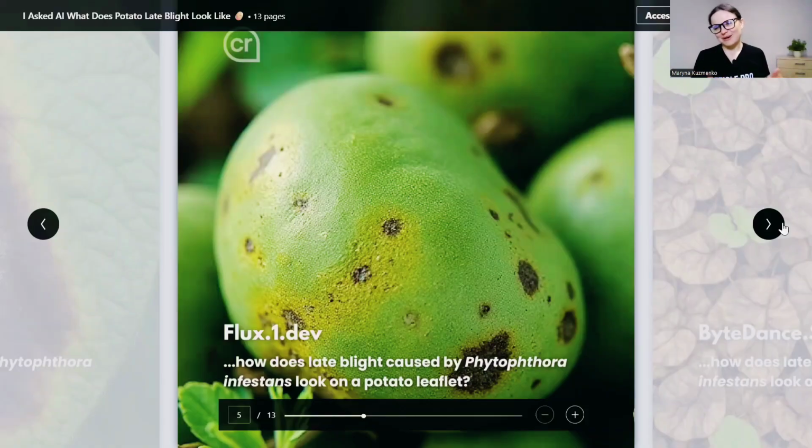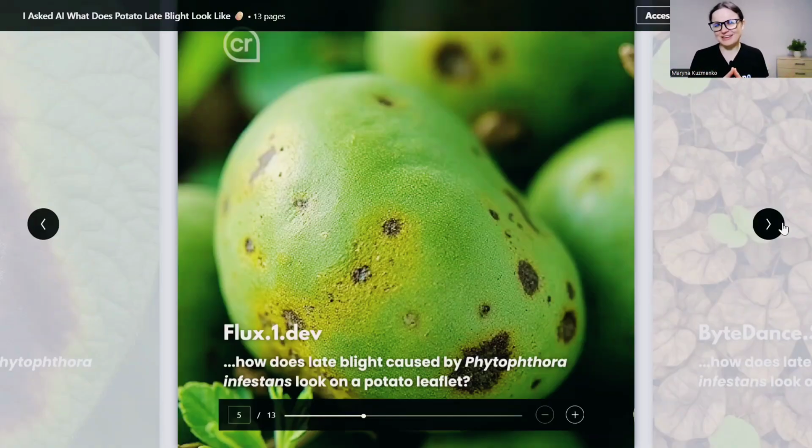Because I asked about potato leaf, but I got a kind of potato. And also, what I like here is the texture of the skin, and especially you see the details of these lesions on the skin, and I think they are good in terms of realism. They look realistic. At the same time, going back to our task, it's obviously, let's call it, a fail, because it's